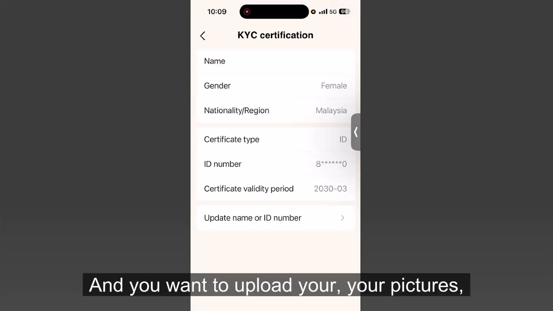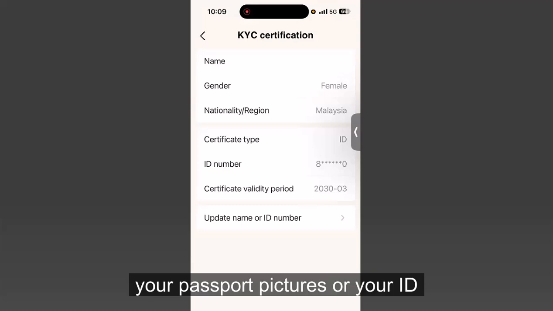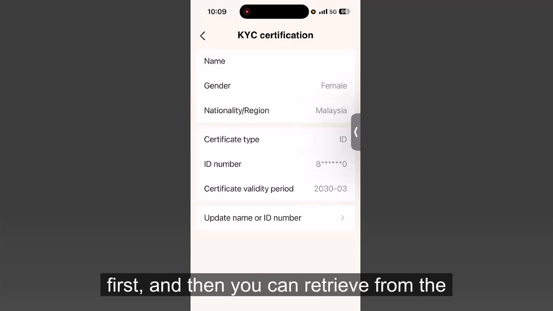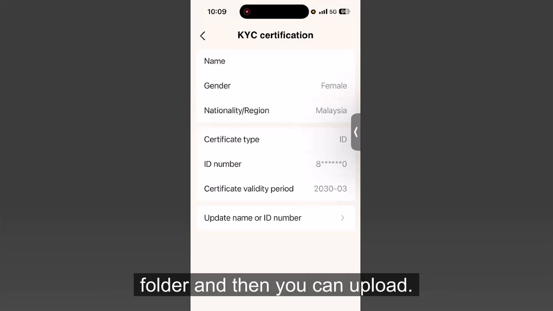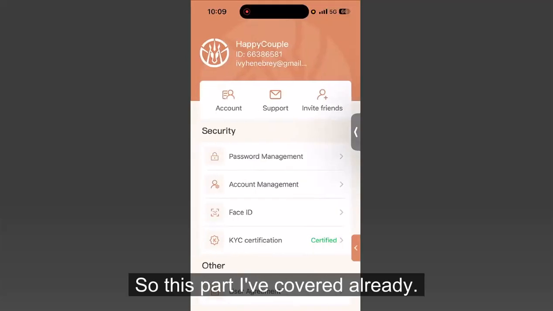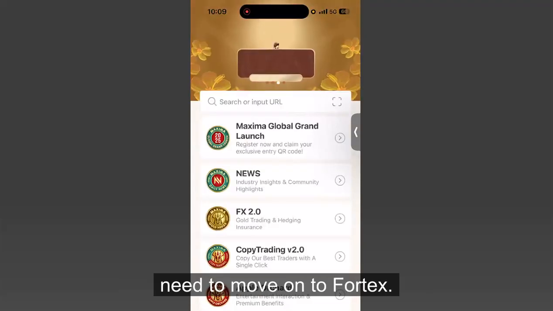Then upload your passport pictures or ID pictures. Remember to save the pictures into a folder first, and then you can retrieve them from the folder and upload. All right, so this is for KYC. This part I've covered already. Any questions? If there are no questions, I think I will move on to